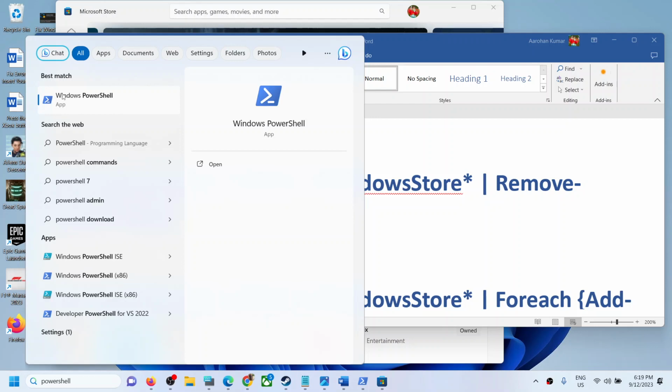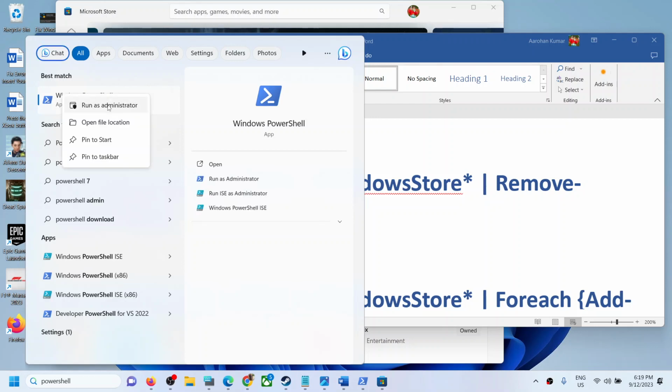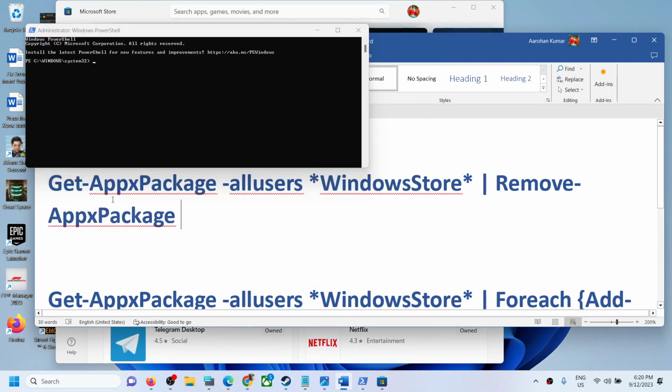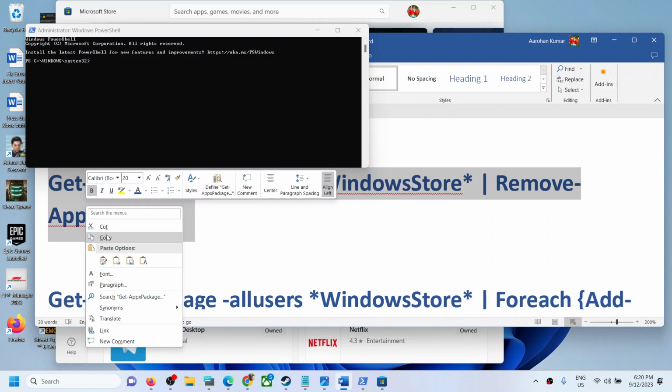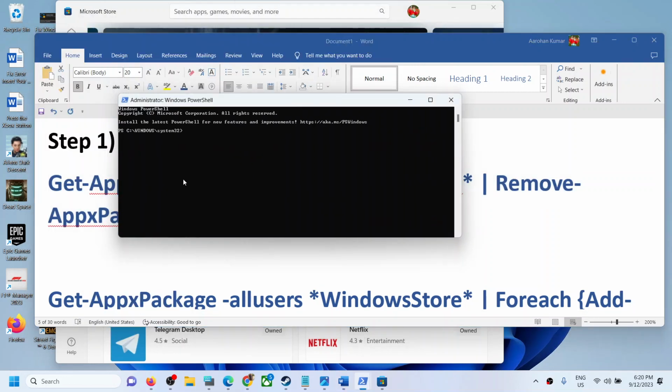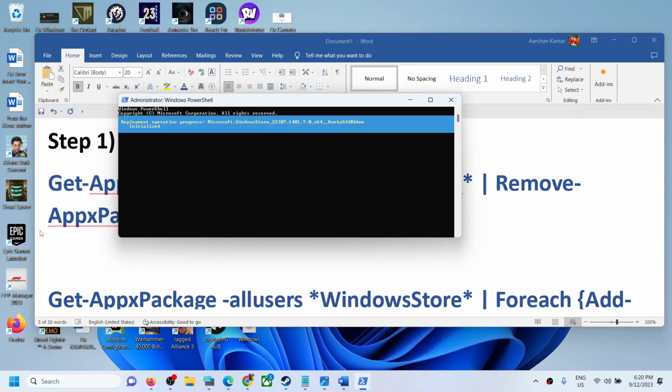Make a right click and then click on Run as Administrator. You have to open this PowerShell as an administrator and then click on Yes to allow and run only the first command this time. First time you have to run both the commands and then check Microsoft Store. If that does not work, open PowerShell as an administrator and then run only the first command. Hit the enter key. Now once this is done,